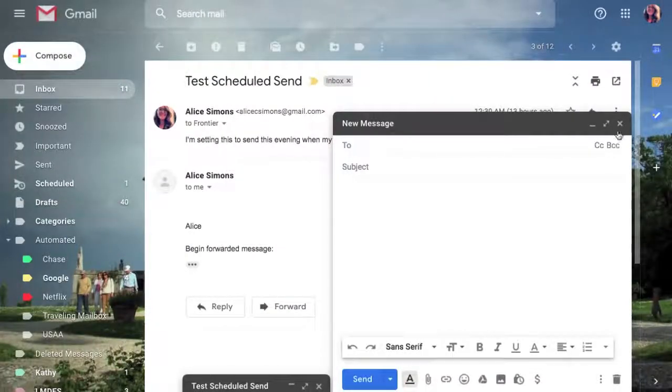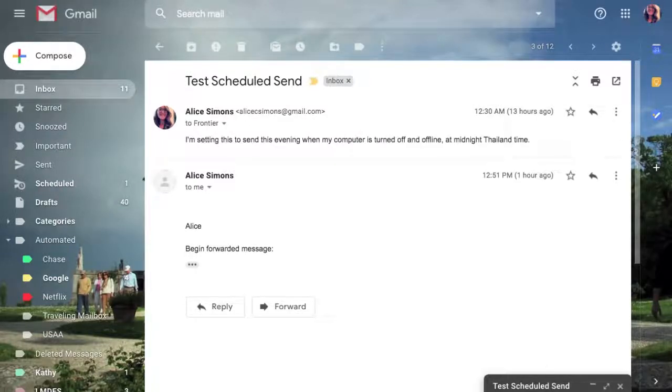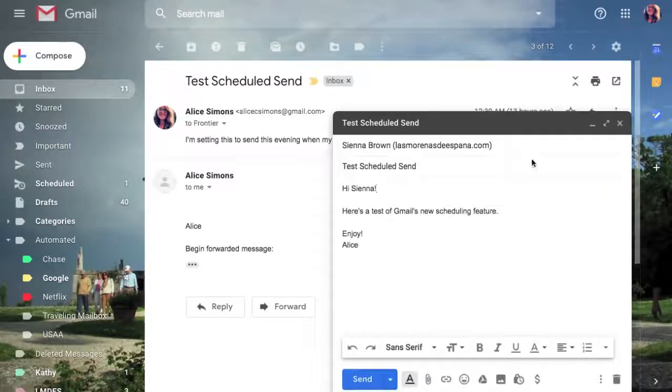To set up a scheduled email, you're going to click on the Compose button in the upper left-hand corner, and it'll just pull up a normal email draft just like you would if you were writing anything else. And all you do here, fill it out just like you would any email. So you can put in the to, the subject, you can write into the body. But instead of hitting send, what you're going to do is use the arrow just to the right there and